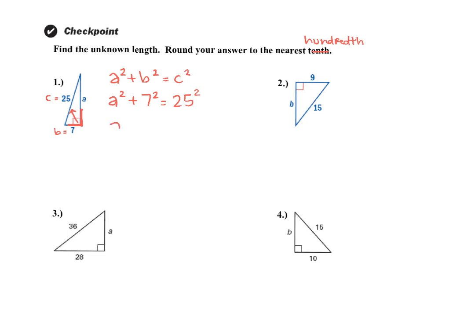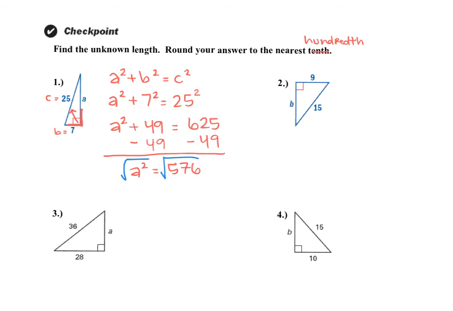And so then I'm going to square each of those. So I have A squared plus 49 equals, again, use your calculator as you need, 625. Now I want to get A by itself. So my next step is going to be to subtract 49 from each side. So I get that A squared equals 576. But again, I don't want A squared, I just want A. So to undo that, I need to take the square root of both sides, and I get that A equals